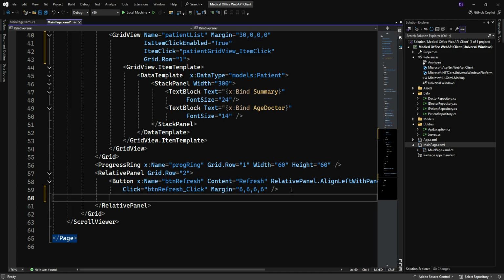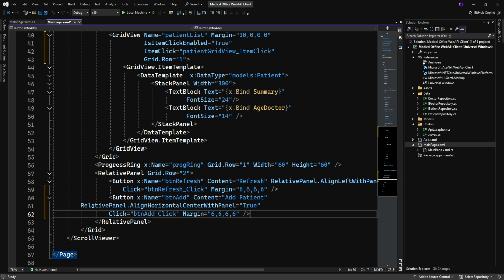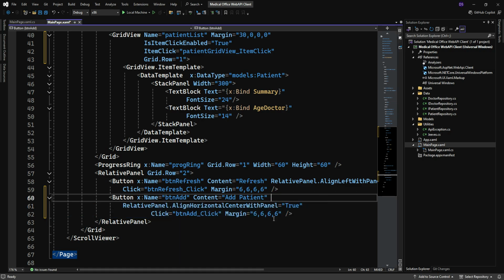So I'm going to come down here. I used a relative panel at the bottom, so in my bottom left corner was a refresh button. So I'm just going to add a button here for add patient, right? Button add, okay. It'll be relative panel aligned horizontal center, so it'll be in the center of the bottom, and away we go. Click is button add click, and we'll just put that code in the code behind. So those are the only changes I actually have to make to the UI itself,